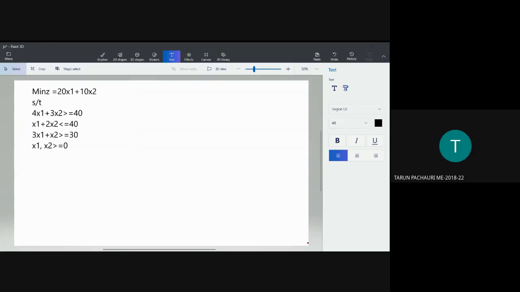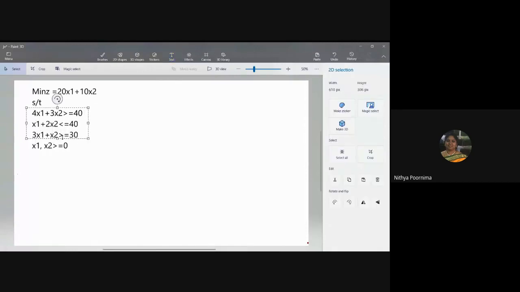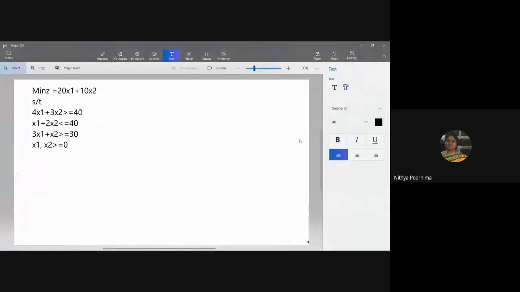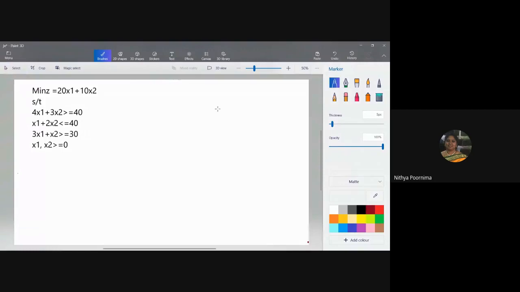First, formulate the problem. For us now, in this problem they've already formulated and given it to us, right? So there is no problem of defining the variable and formulating the problem. Directly we can go into the solution phase, right? Draw the solution graph. In the graph phase, if you look here, these equations are not in the order which I said. What is the order it has to follow?